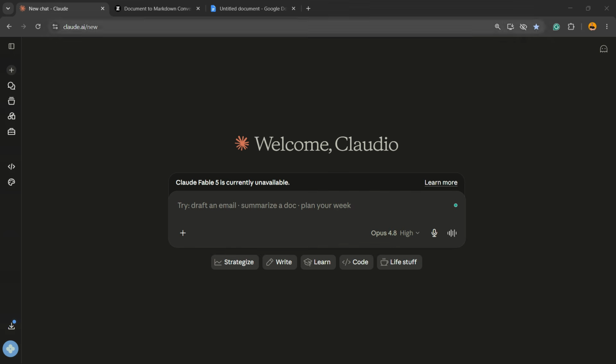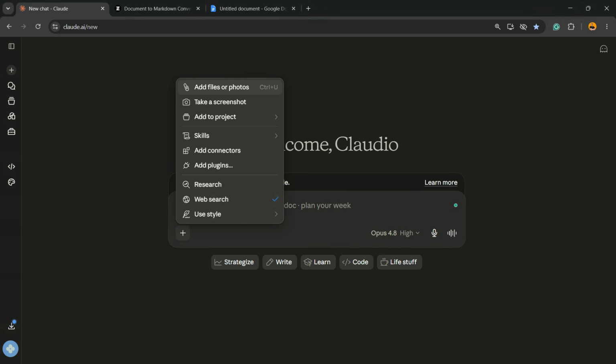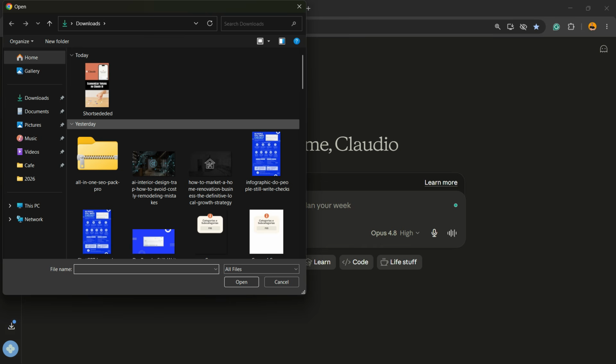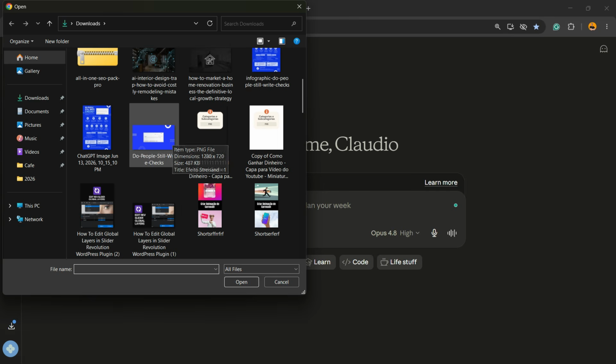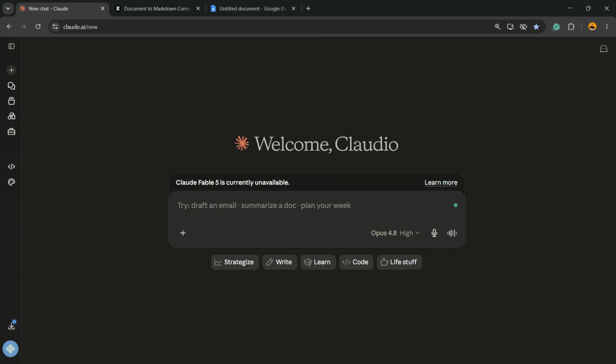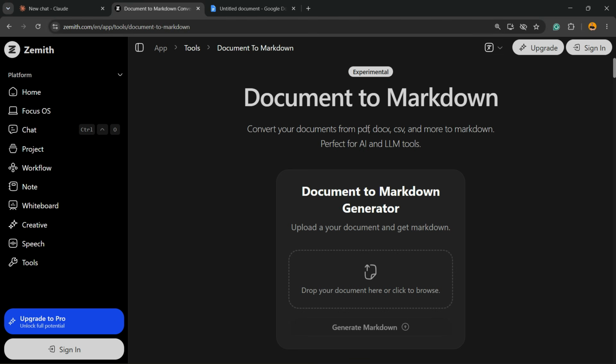After this, go to your Claude AI and imagine that you have to upload a document, for example, okay? So you have to upload a PDF, a Word, an Excel document, but it takes a lot of tokens to be read by Claude AI. How to fix it? You can go to this website right here and upload your document, your PDF or your CSV, and they're going to create a markdown version for you that is perfect for LLM and AI